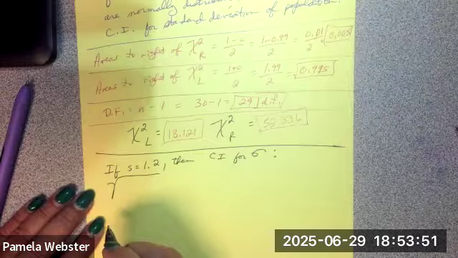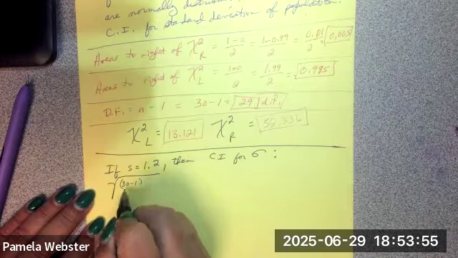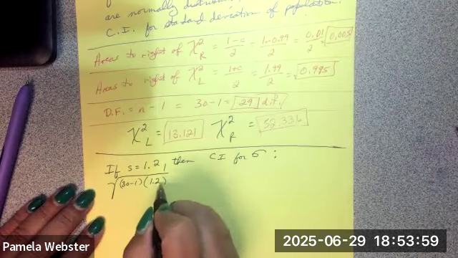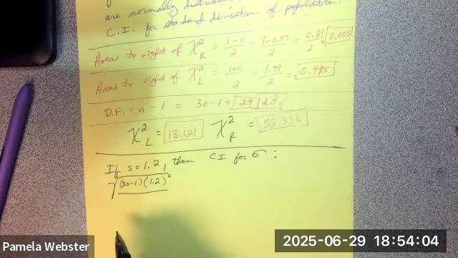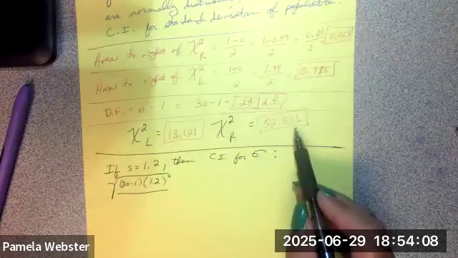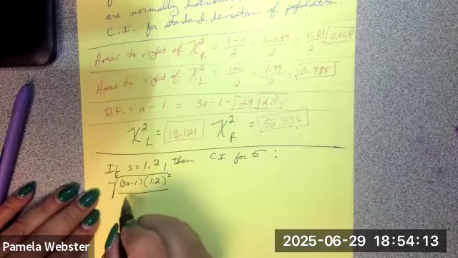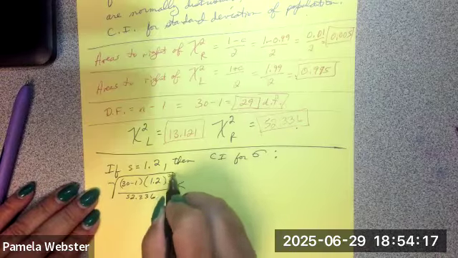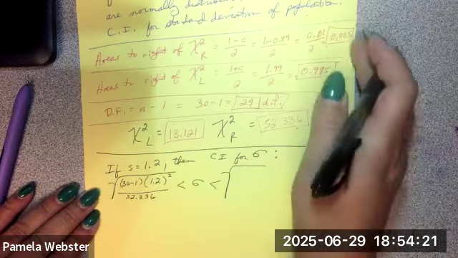If you remember, it was n minus 1, well, n is 30, minus 1, times s squared, well, the s is 1.2, squared, over, in this case, my right-hand side guy, because I want to divide by the bigger number to get the smaller total number here: 52.336. All of that is less than my sigma,